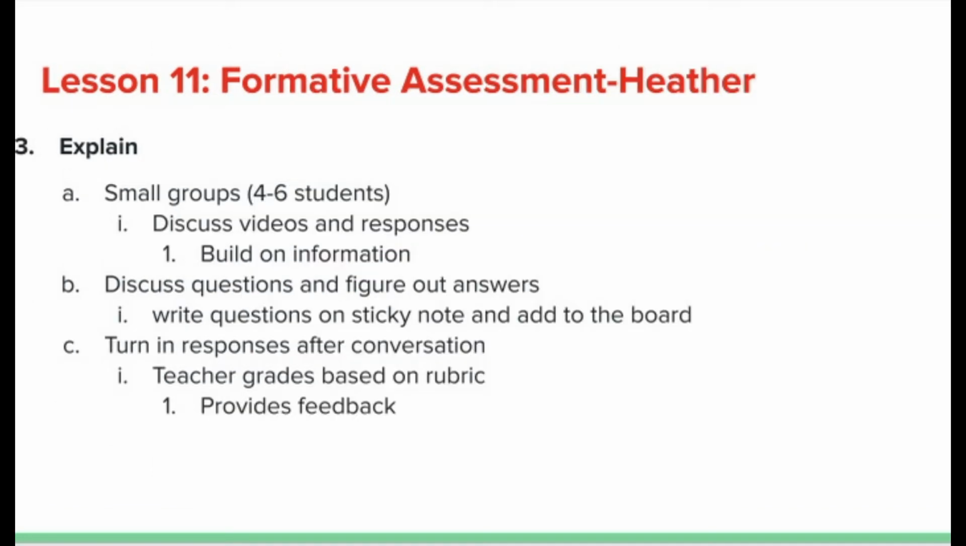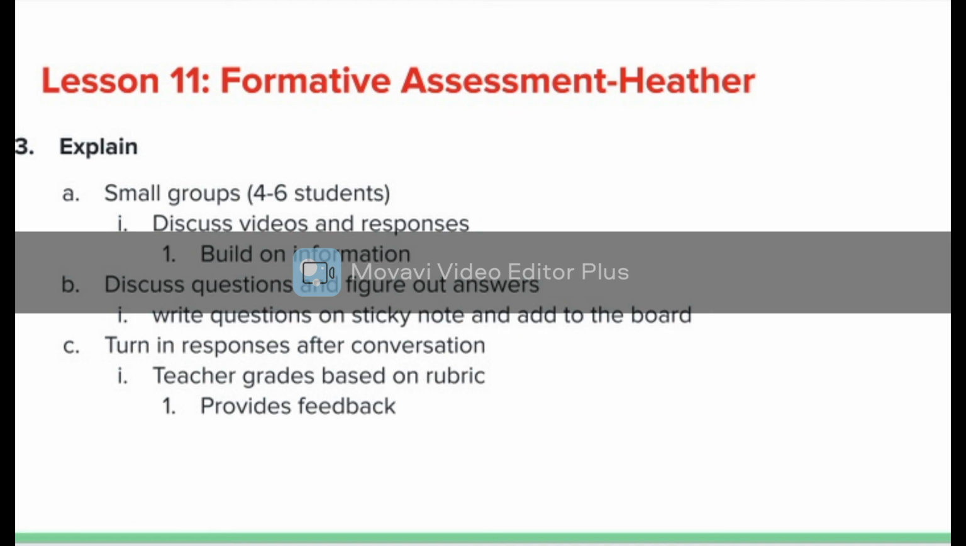During the Explain phase, the students will join 2 other pairs, having 6 kids in a group total. They will discuss the videos and questions, building on the comments from the conversation. If they have questions, they will write them on a sticky note, put them on the board, and the teacher will discuss them later. After the discussion, the students will turn in their responses, and the teacher will grade and